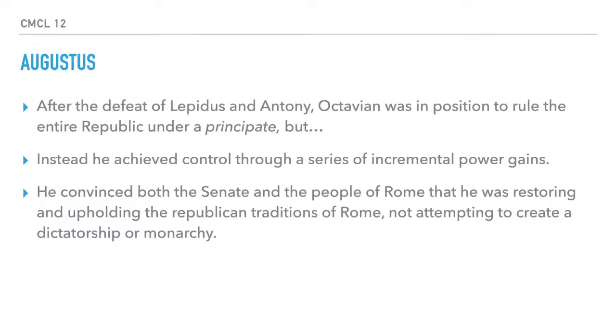They defeat those Optimates, the second triumvirate here. They defeat the Optimates. Lepidus is kind of pushed aside. Antony flees to Egypt, but Octavian pursues him. And Antony commits suicide with his new girlfriend Cleopatra. And then